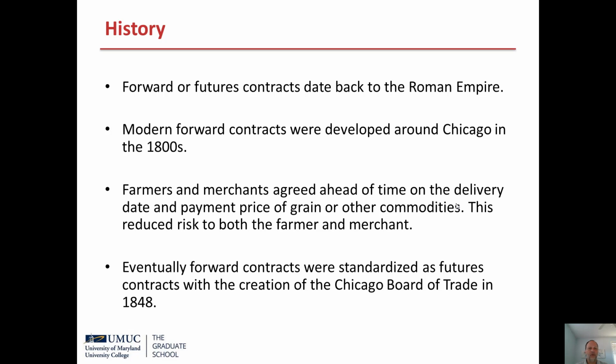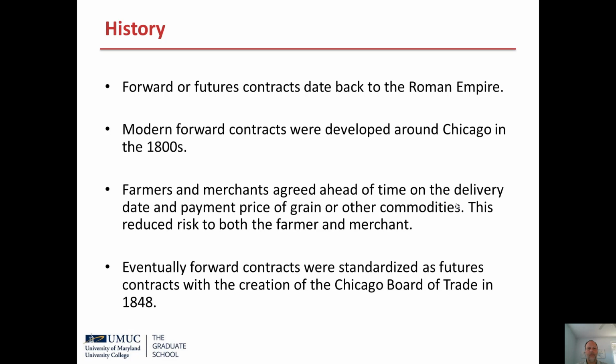For example, they would sell grain to a baker. In good harvest years, there was a ton of grain, and the farmers might have to run all over Chicago to try and find a baker to purchase it. In some years, they would actually dump the grain in the Chicago River and go home without a sale. In other years, there was a shortage of grain, and the merchants in Chicago were desperate and couldn't find anybody to buy it from.